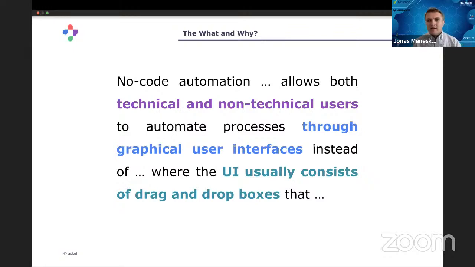And that's why it's for both technical and non-technical users. The main purpose is to hasten the process to go to market, because it's easier and faster to write test automation suites with a no-code tool, since it allows easier integrations and so on. This is often done through a graphical user interface, as of right now. Maybe there will be automation suites created by natural language, where you just talk to a computer, further on. But right now, the interface is the graphical user interface.